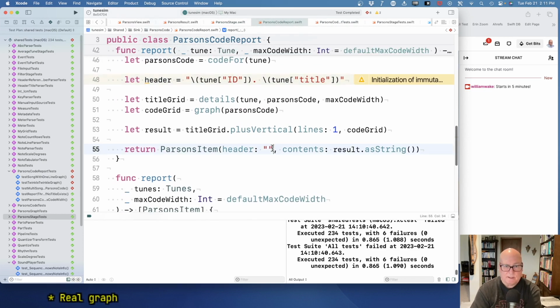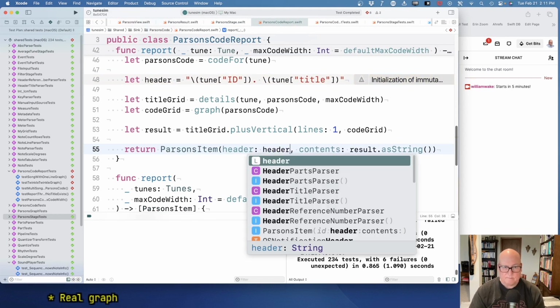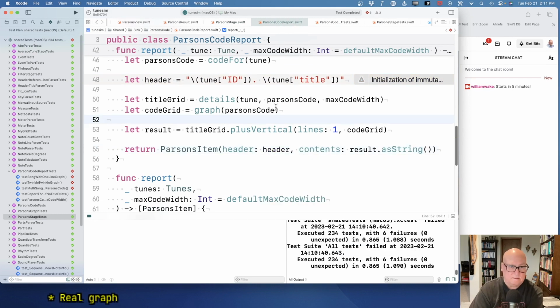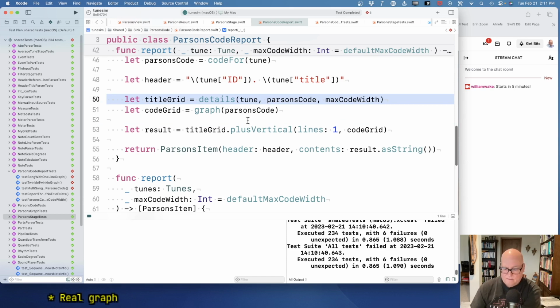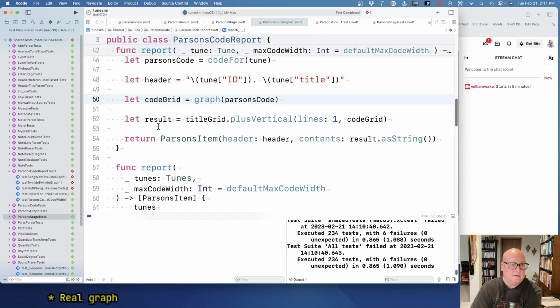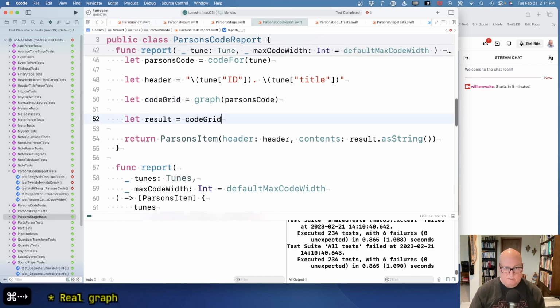Okay, so this should be header. And title grid should no longer be in there. So title grid is gone. Let's just make it code grid. We'll clean it up in a moment. Okay, so,